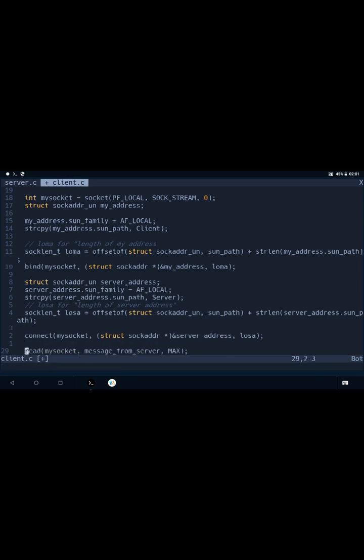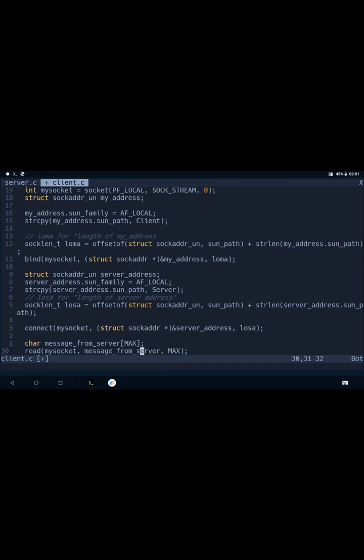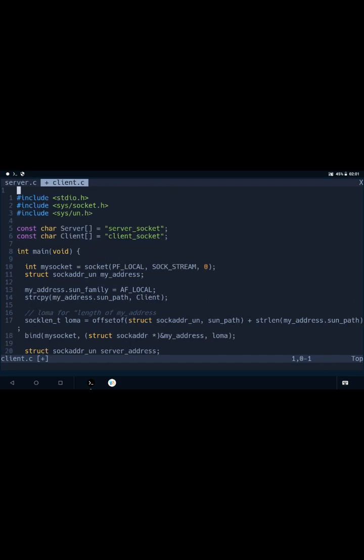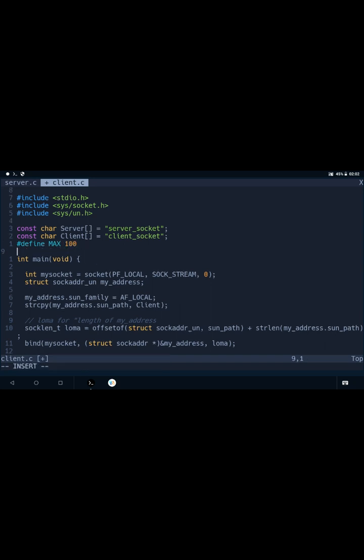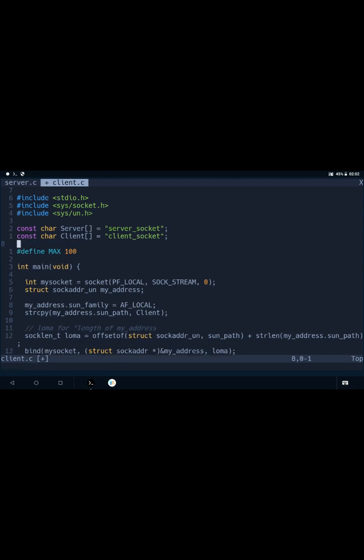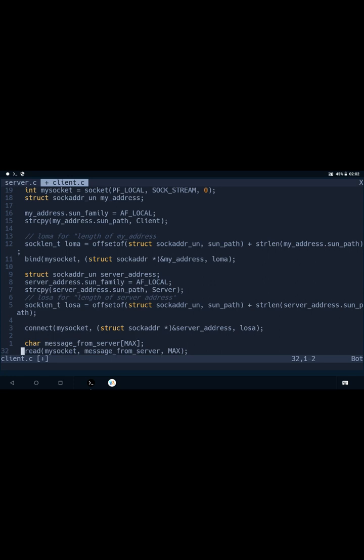Okay, so one thing to note is message from server as max. So let me define max. I haven't. So max should be, let's just say 100. So okay,